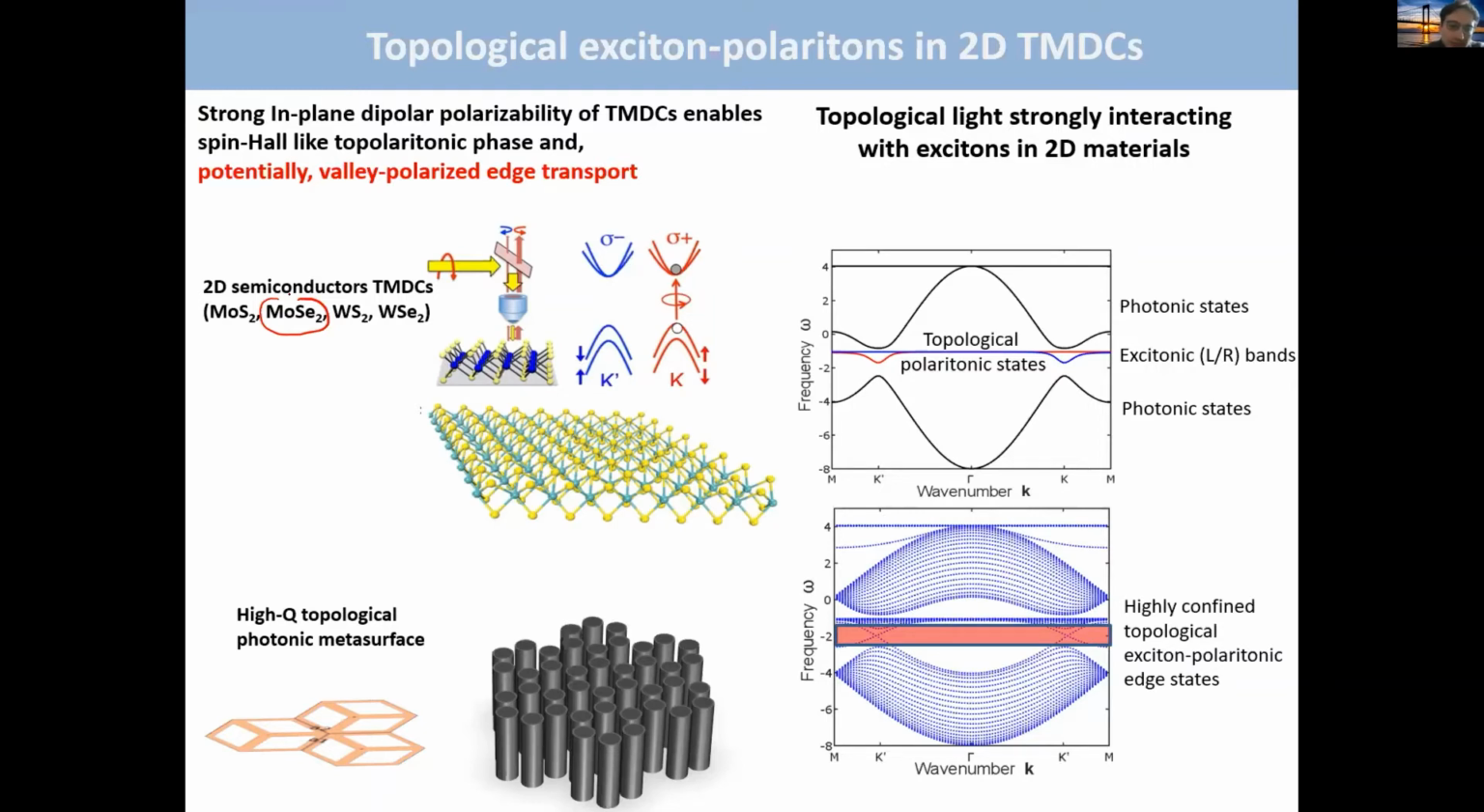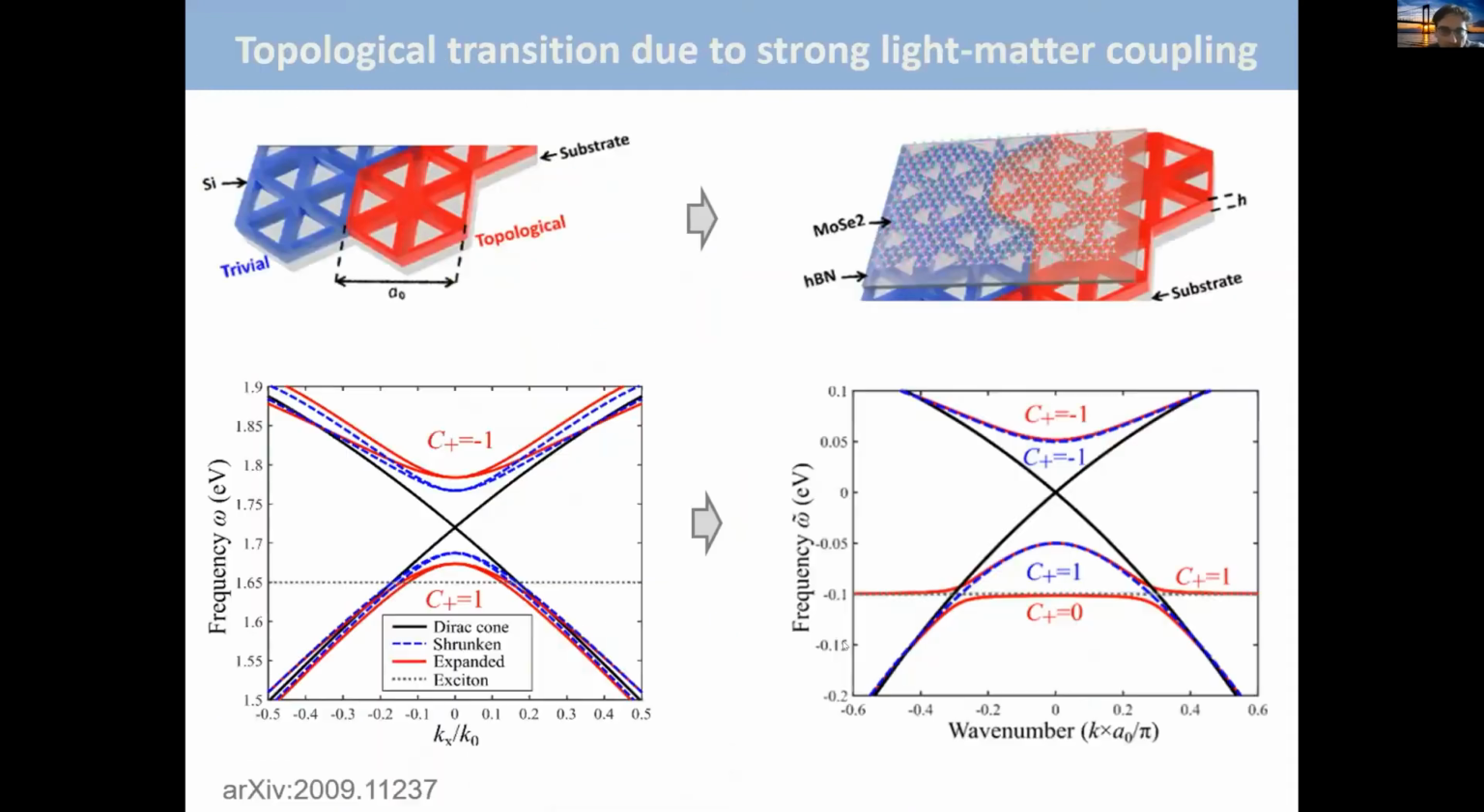So what we do, we place transition metal dichalcogenides on top of our topological metasurface, which is designed also to have high quality factor photonic modes, and which would again enable the strong coupling. And our theoretical results indeed show that in such systems we can achieve strong coupling, and I will talk more about the emergence of topological exciton polaritonic edge states. So, what really happens when we couple